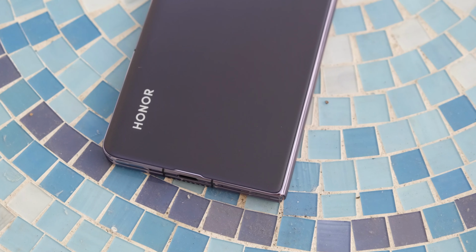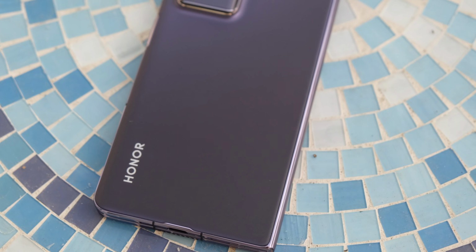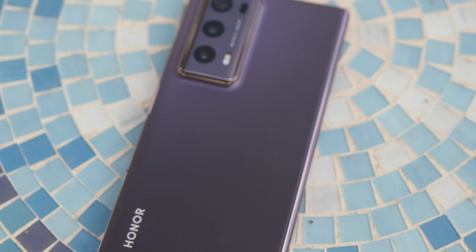Foldable devices are finally starting to reach a point of iteration. A point where they're not just cool because they have foldable screens, but also because they're versatile and reliable. Case in point, the likes of Samsung are up to their 3rd, 4th, or even 5th generation foldable phones. But there's another company that's pushing the boundaries in a way that makes me particularly excited about the future of